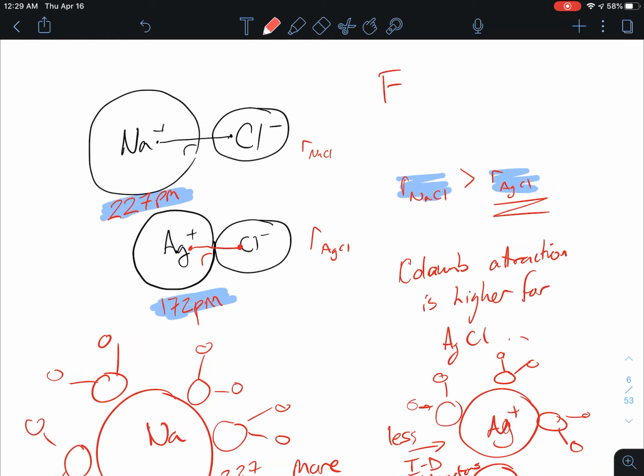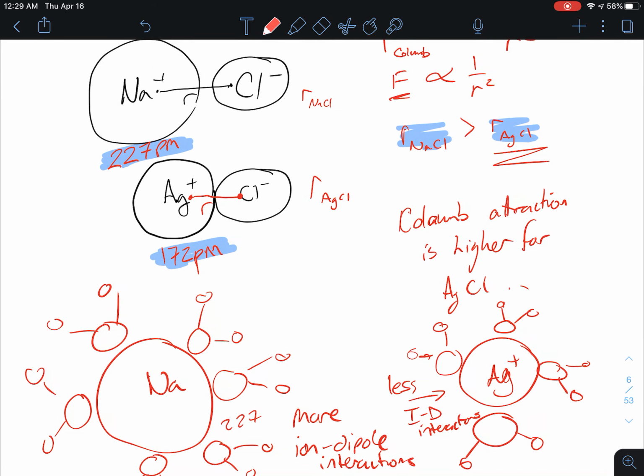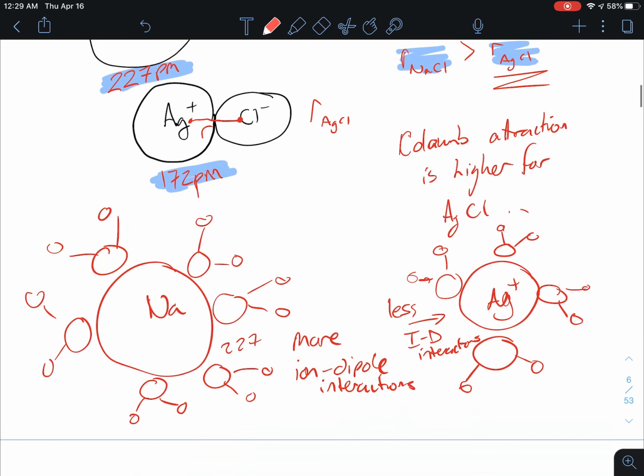Remember that Coulomb's force is equal to some constant times the charges divided by the radius squared. So the force is essentially inversely proportional to the square of the radius. So if the value goes down, you get a huge benefit in the force. So the Coulomb attraction is higher for silver chloride,